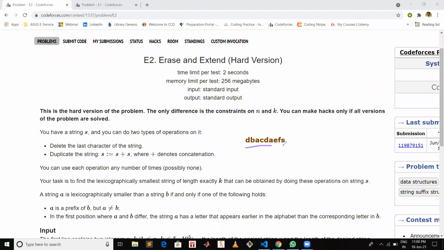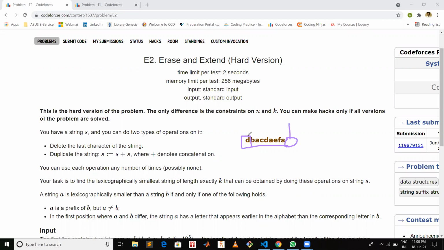Okay, this is the string you're given. One thing you should notice first is, after concatenating, the first character of the string which is going to be appended will be equal to the first character of your string which you already have.